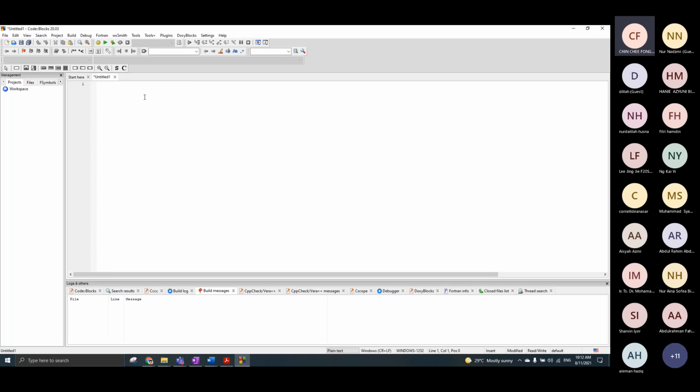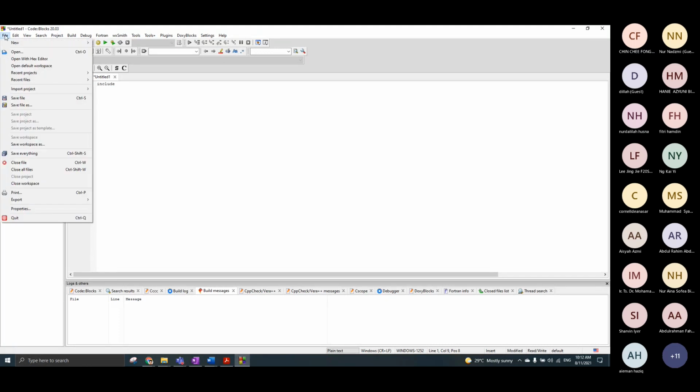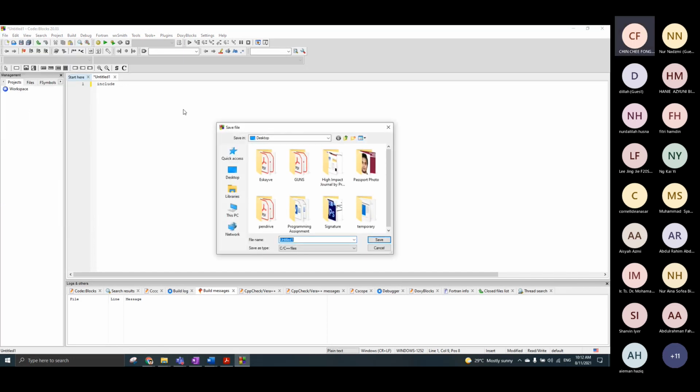So the first step, you need to include the library. Hashtag include. Before you begin, you need to save at the right location. Maybe file, save file as. Maybe I want to save at the